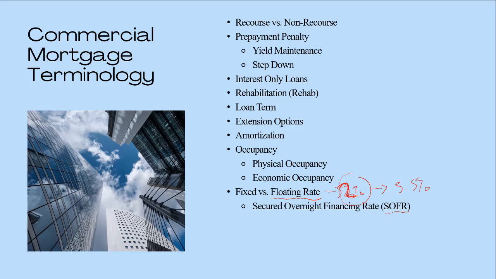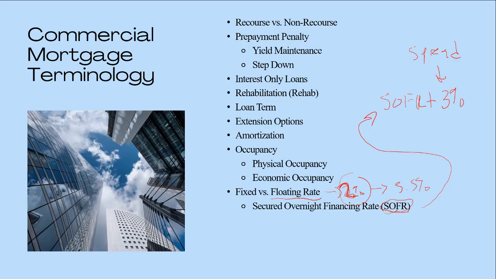Maybe this is the min. This is the best interest rate anyone can get, the lowest interest rate that a large bank can get just for borrowing for one day, essentially. So you are obviously going to be more risky because you are not the U.S. government, and you're going to be taking out the loan for a longer period of time. So you're not going to be able to borrow at this SOFR rate because you're more risky. This is the risk-free rate. So what the loan will do is basically say, hey, your floating rate is SOFR plus some spread. This is called the spread.